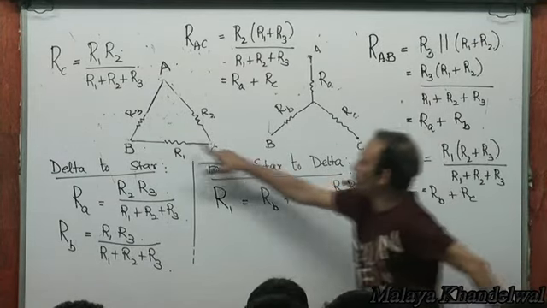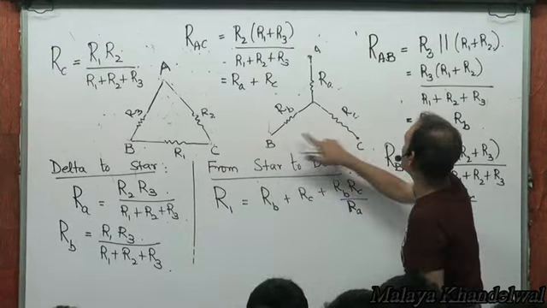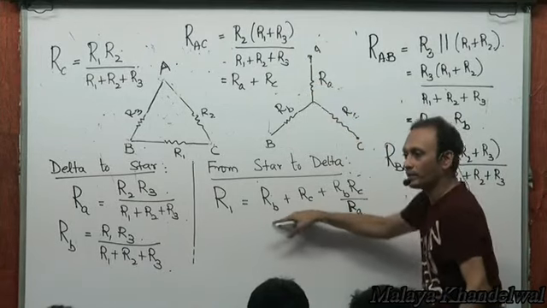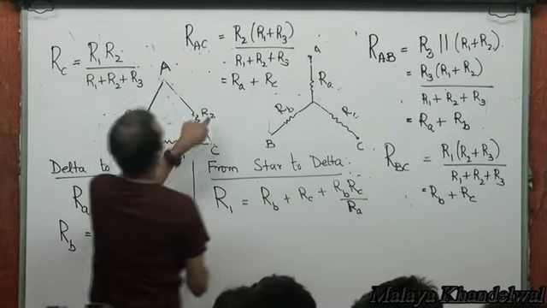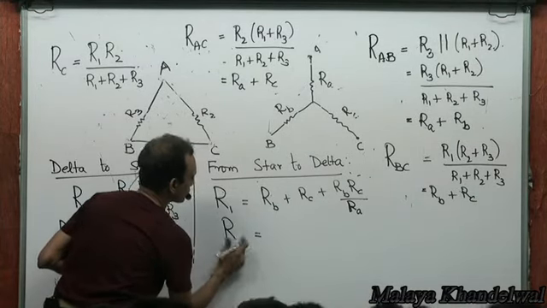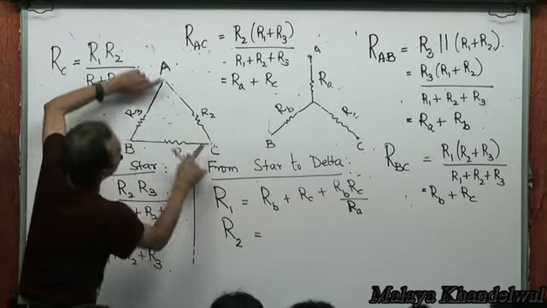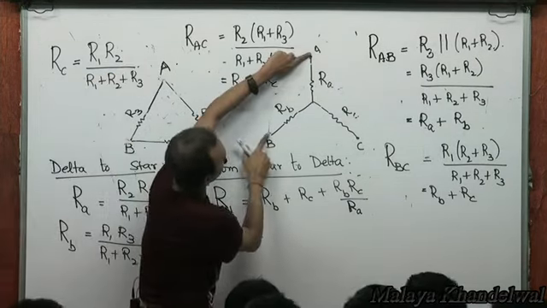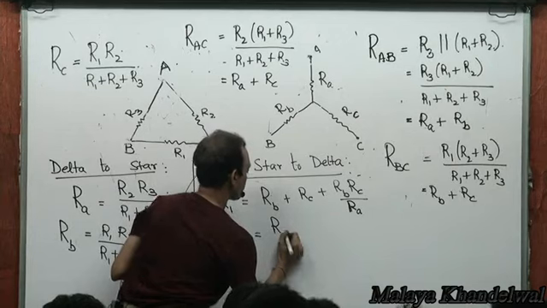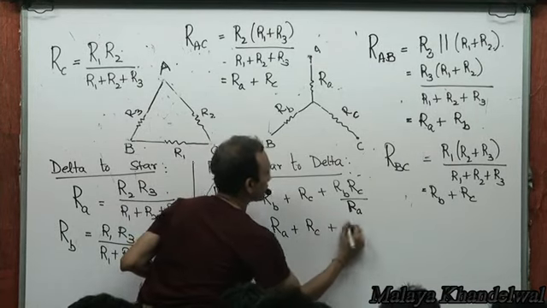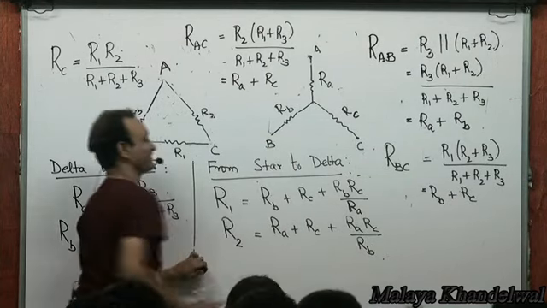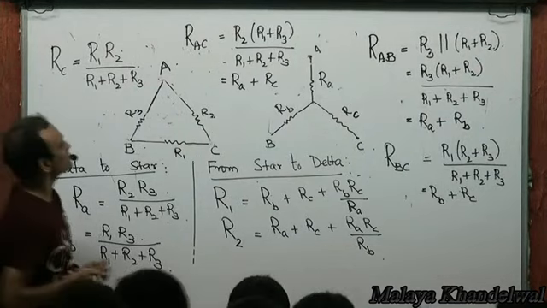So if you have to find R1, that means between B and C, you go to B and C, RB plus RC plus RB RC divided by RA, right? That will give me R1. Suppose you want to find R2, R2 is across A and C, you go to A and C. So RA plus RC, same way, plus RA RC, and therefore B also has to be there, so RB, right? Similarly, R3,